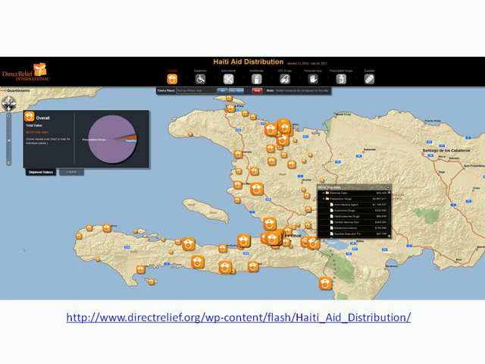So in the first context, let me actually share my screen here and give you a sense of the actual application. Hopefully this works. Okay, so this is a map that Direct Relief built in 2010 following the Haitian earthquake in January of that year.